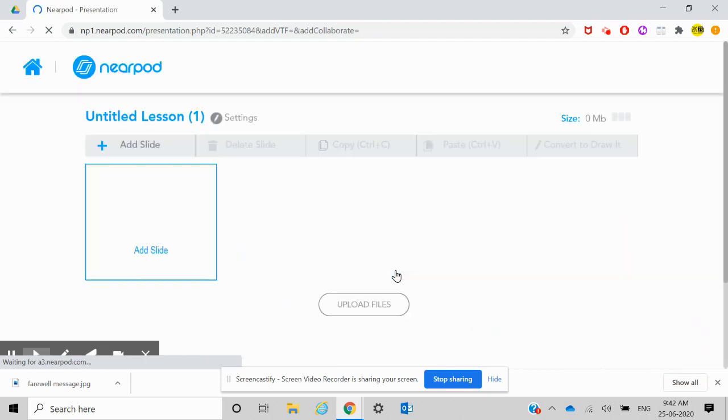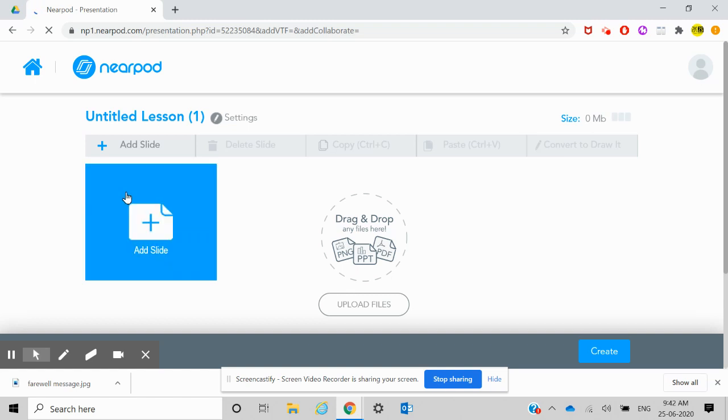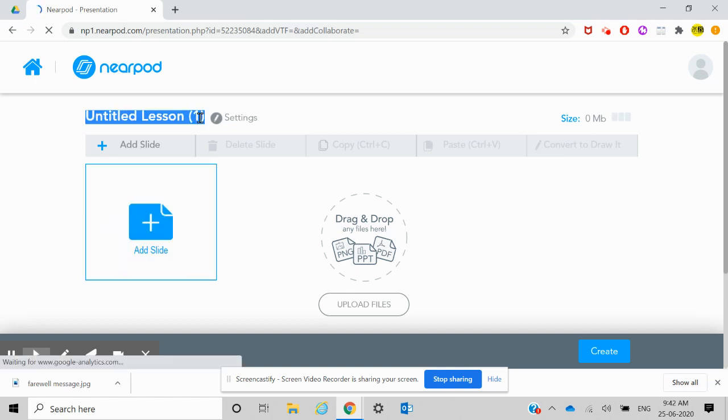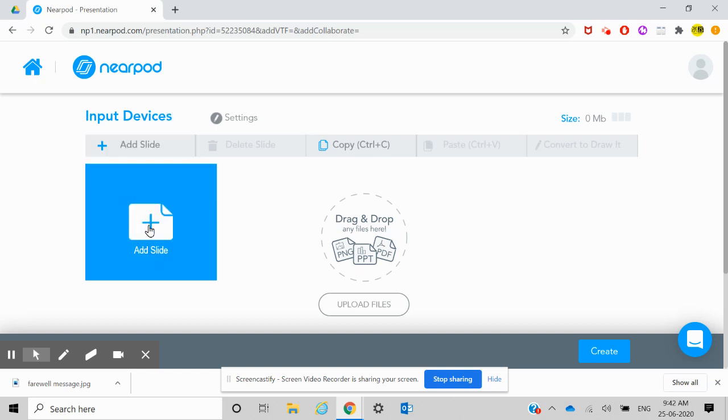Once you have this loaded up, you can name your lesson. Let's say you're going to talk about, maybe let me talk about input devices. This is just a generalized term that I want to use. If you click on add slide,